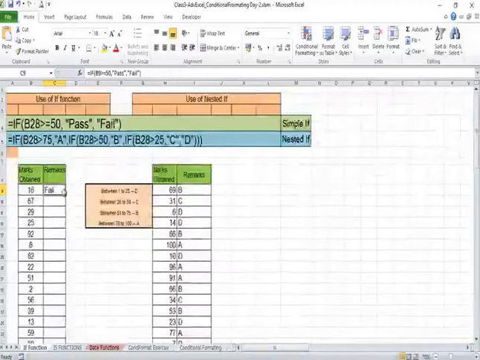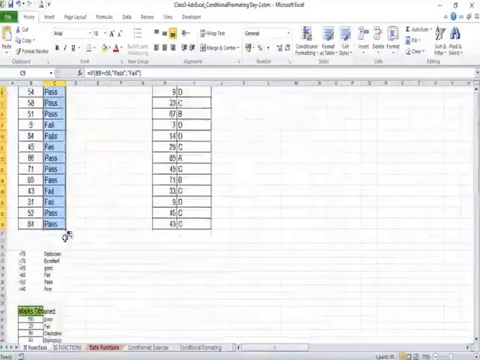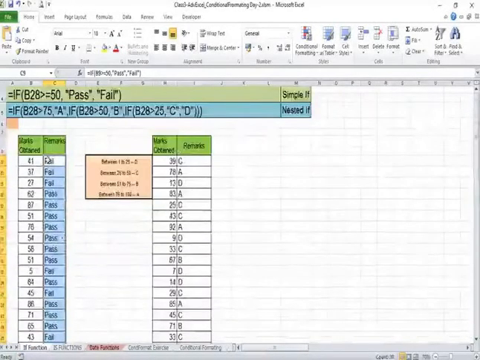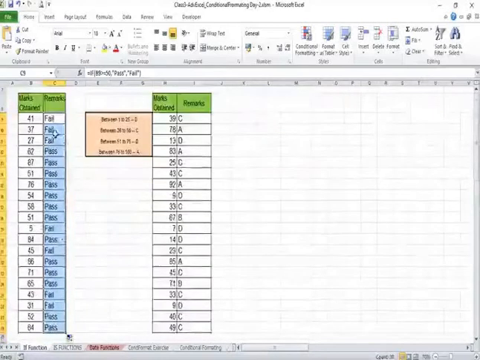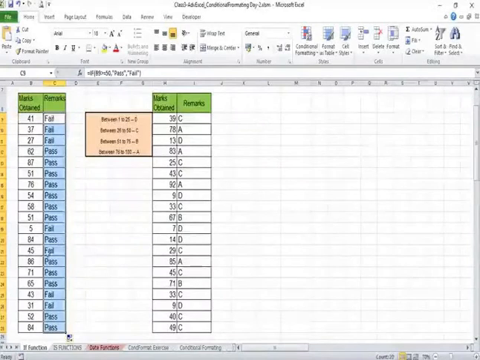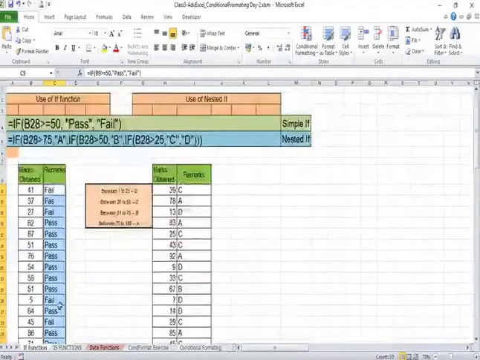So for that I will double click this handle and this if formula will be copied in other cells. So look at this. This has decided now who are the boys, who are the candidates who have passed and who have failed. So it is like this.